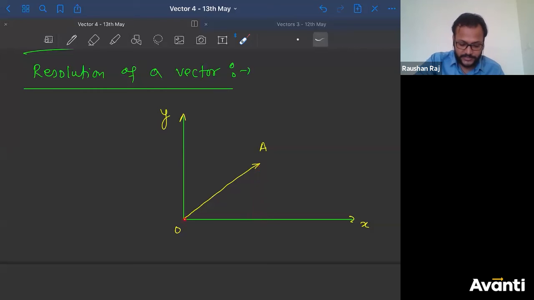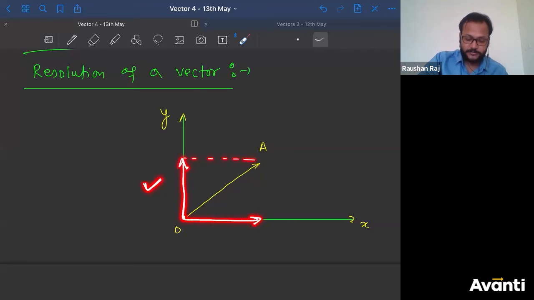So if you are going to see this particle along x, I'll say the particle has moved to this position along x. What is the displacement of this particle along y direction? So I'll say this is the direction along y direction, right? This is the y direction displacement. This is displacement along x direction, right? This is displacement along x direction. This is displacement along y direction. These are called as components. Kya hai? This is this one.